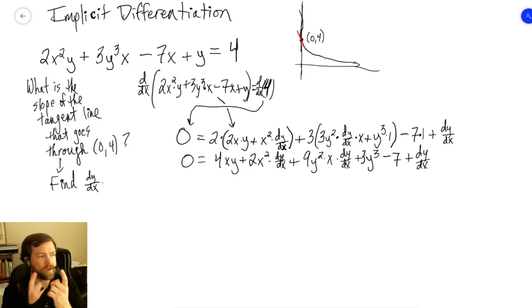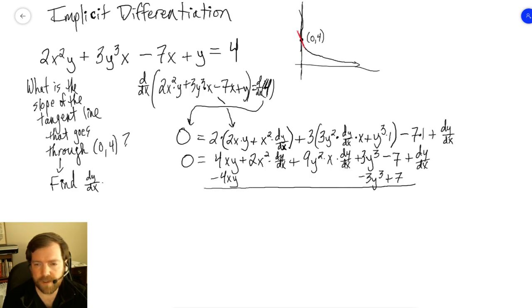All right, we want to get all of the dy dx terms together. And they're all here. They're all positive at the moment, so I feel like keeping them on this side. And we'll shift everything else over. So subtract off a 4xy. That's a dx dy term. This is going to be a minus 3y cubed and a plus 7 to get rid of all of these things. So 4xy minus 3y cubed plus 7 is going to be equal to, on this side we have left a